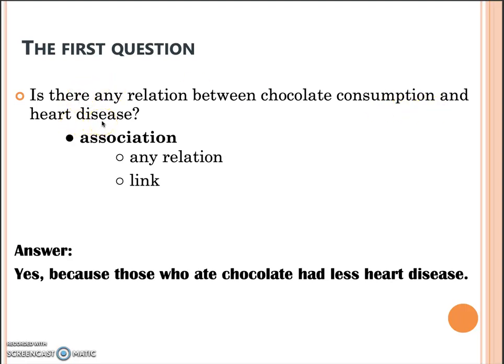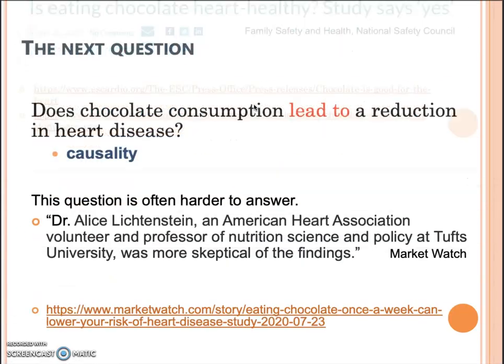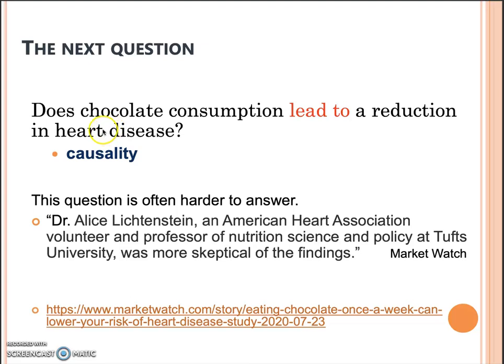We can say yes, because from these 300,000 people, those who regularly eat chocolate have a lower heart disease rate. But when we try to make the stronger statement, that chocolate consumption leads to a reduction in heart disease,